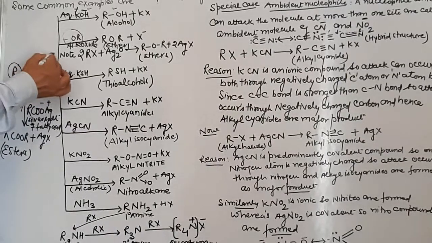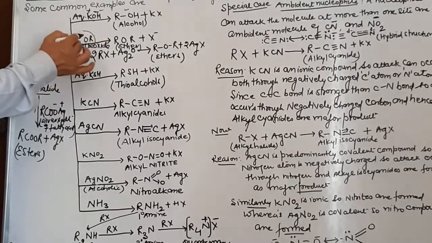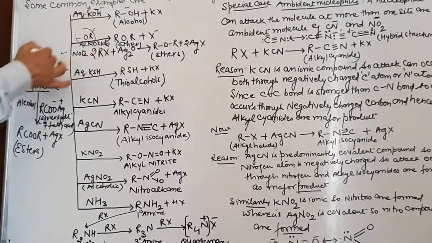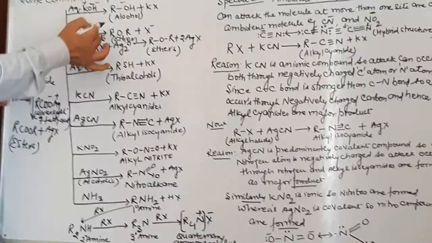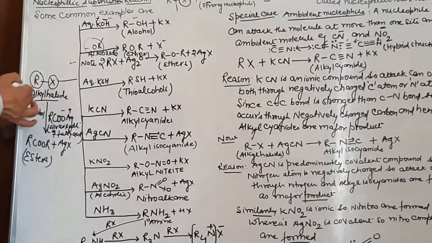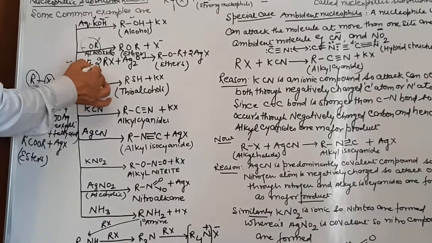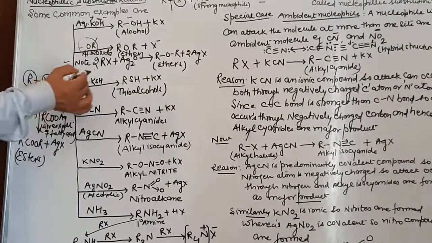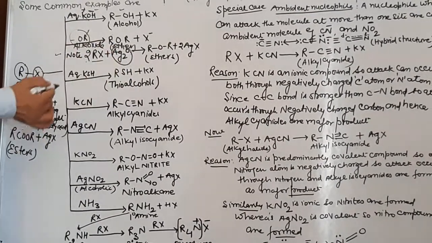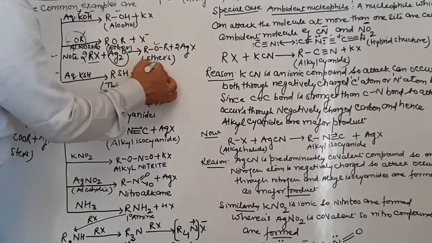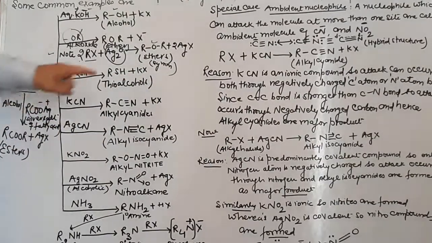One point is to be noted, by this method, depending upon this R dash, if these two R groups are the same, it will result in the formation of a symmetrical ether, where both alkyl groups are the same. But if the R and R dash groups are different, it will result in the formation of an unsymmetrical ether. Now, if we want to prepare only the symmetrical ether, we can carry out the reaction where this alkyl halide is made to react with silver oxide. Silver oxide is Ag2O. So it will result in the formation of ethers, and those ethers will be called symmetrical ethers. And silver halide will be given out.